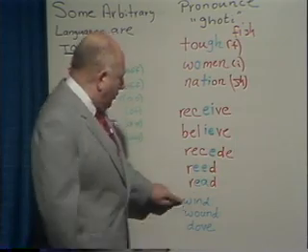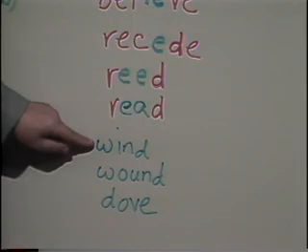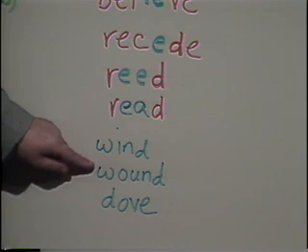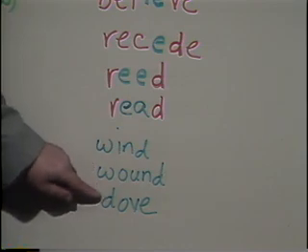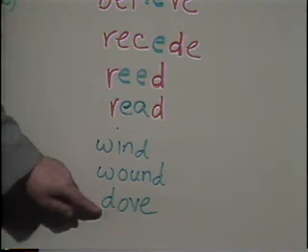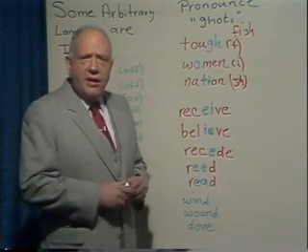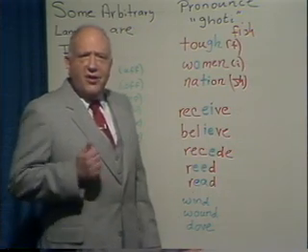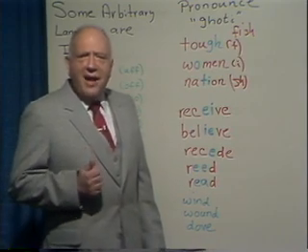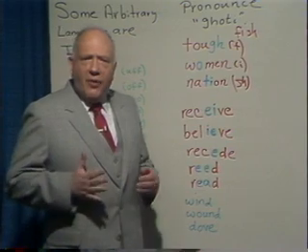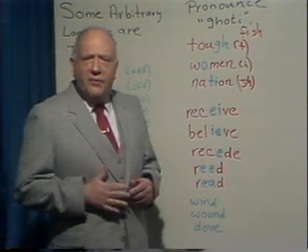Not only do you have different spellings for the same sound, in English, the same spelling can have different sounds. How about this word over here? Is it wind or is it wind? Wound or wound? As a noun, this is a bird called the dove. As a verb, it's the past tense of dive, and it's pronounced dove. I mean, it's amazing if you can learn English that you should have trouble with the language of mathematics. Yet the fact remains that mathematics does have its own artificial language.